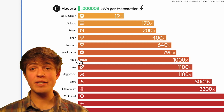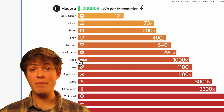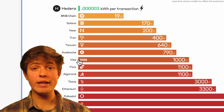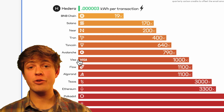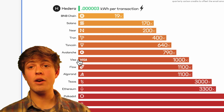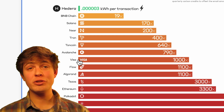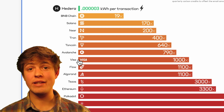I really love to see that because, in my opinion, the masses will adopt cryptocurrency when the technology makes these projects undeniable. When these crypto projects are so much more efficient than the normal fiat way of handling money, we will see a mass adoption of these technologies, and I think Hedera Hashgraph put themselves in a great position for this next cycle. We saw a ton of hate for proof of work cryptocurrencies last cycle because of how energy intensive they were, and Hedera is boasting a carbon negative commitment while setting the record amount of transactions for any